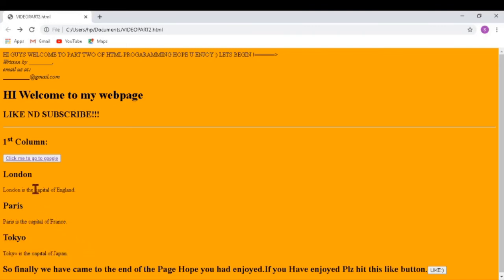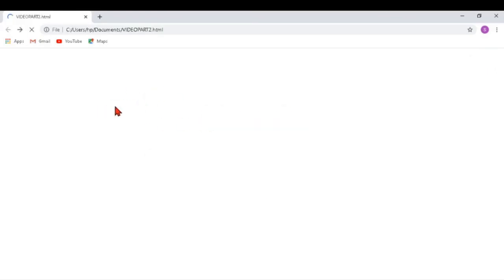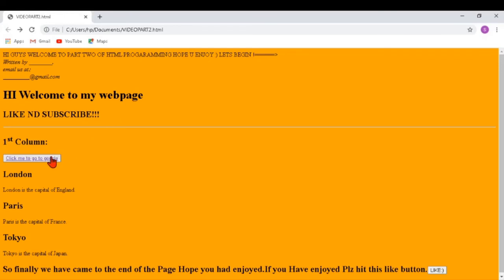Again you can see there is a click me to go to Google. The main thing is that for hyperlinking we have used this, which means when you click on this you will directly go to Google. So you can see here that the particular program and Google are linked. Yes, if you open this program then you can directly go to Google. And another one is the button tag, and we have used a like button. So these are the total outputs of our program.